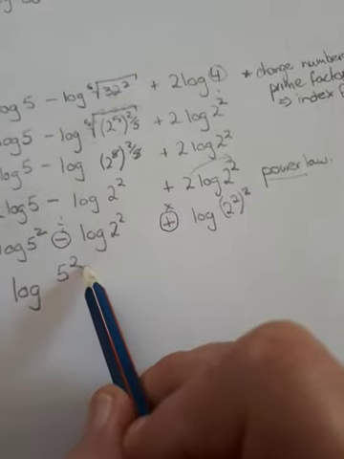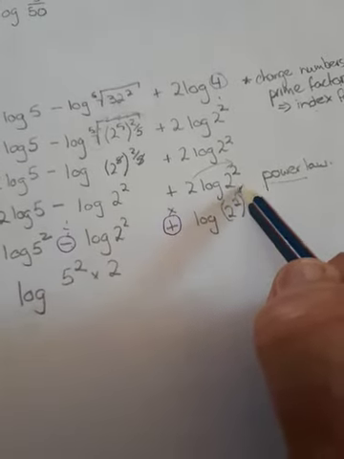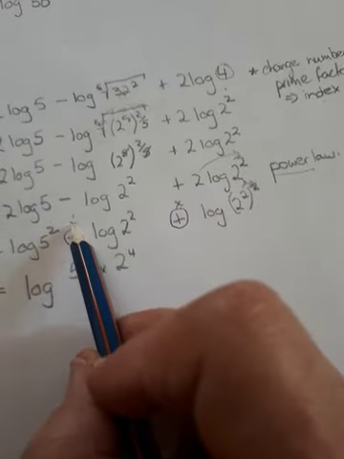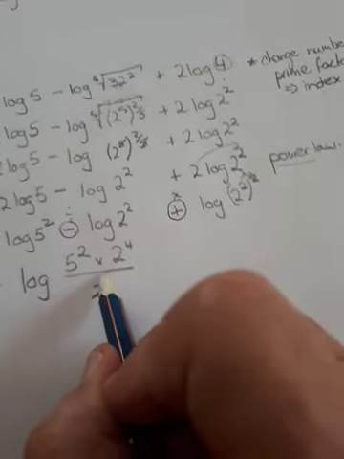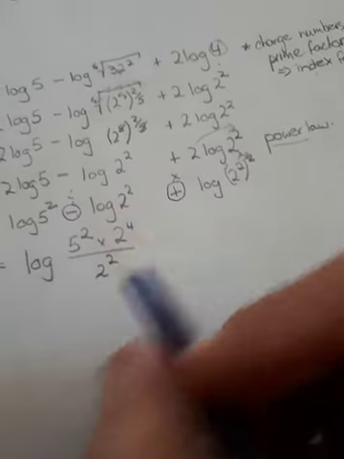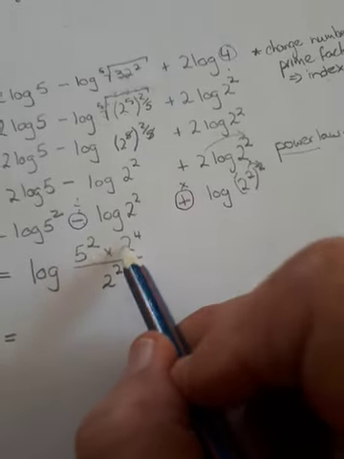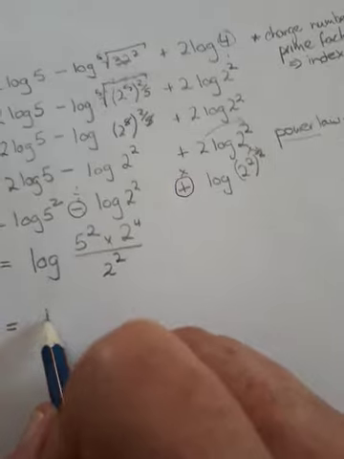Then let's do the times. 2 to the power of, that's multiplied 4. And then this one is divided by 2 to the power of 2. Okay, and if you press all of this into your calculator, 5 squared times 2 to the power of 4, divide by 2 to the power of 4, it will give you